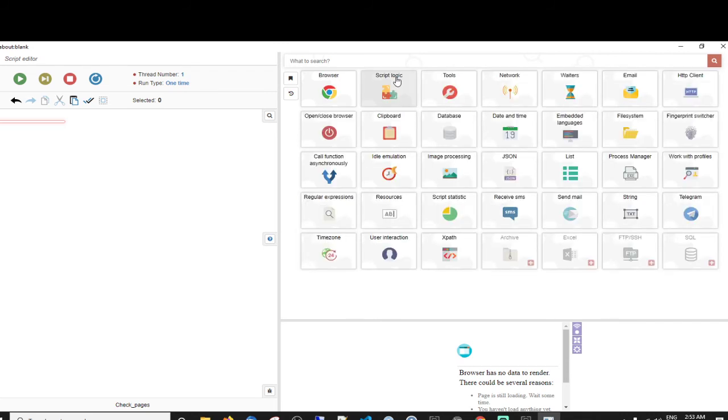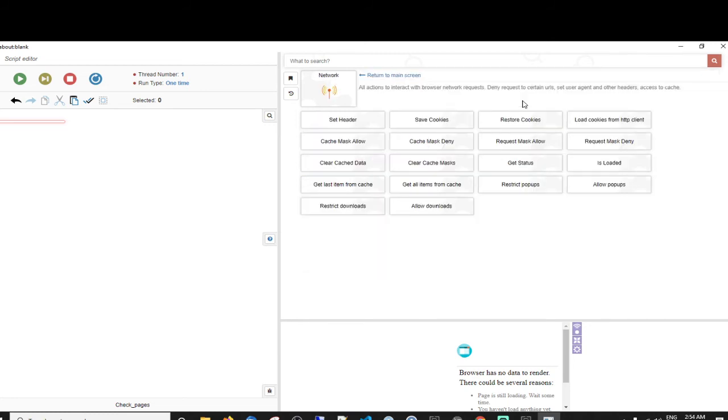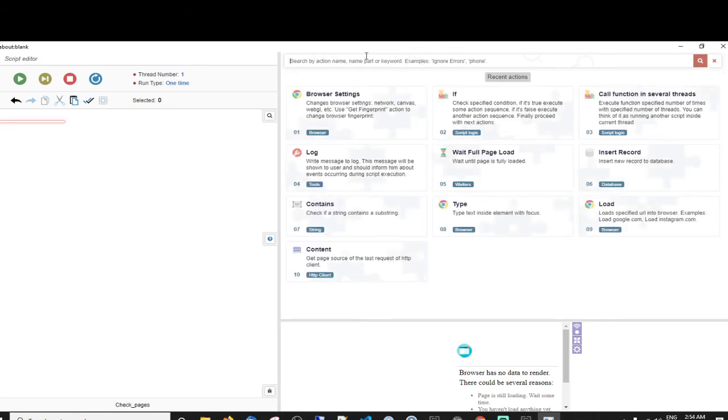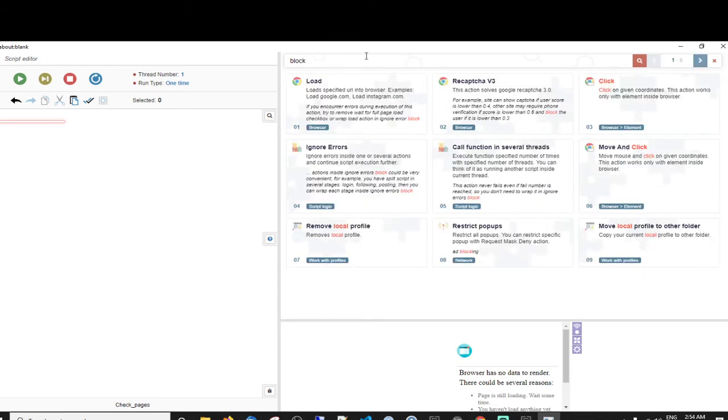No, not network. Yeah, network. Restrict, allow pop-ups. I could just do that instead. Restrict pop-ups.